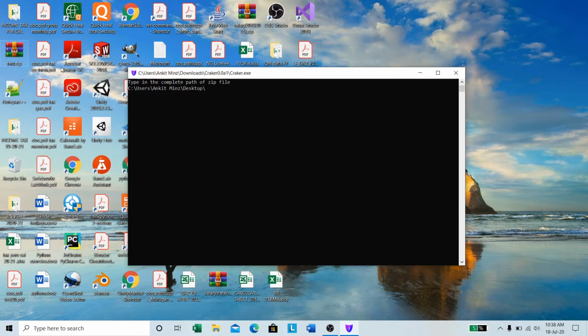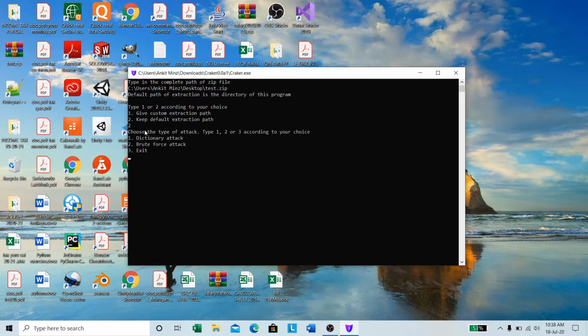Here is test.zip, enter. Now it will ask for the extraction path where you want to extract the contents of the zip file. By default it will extract wherever your program is, and our program is in downloads, cracker 0.0a1, this folder. Let's go for default, 2.